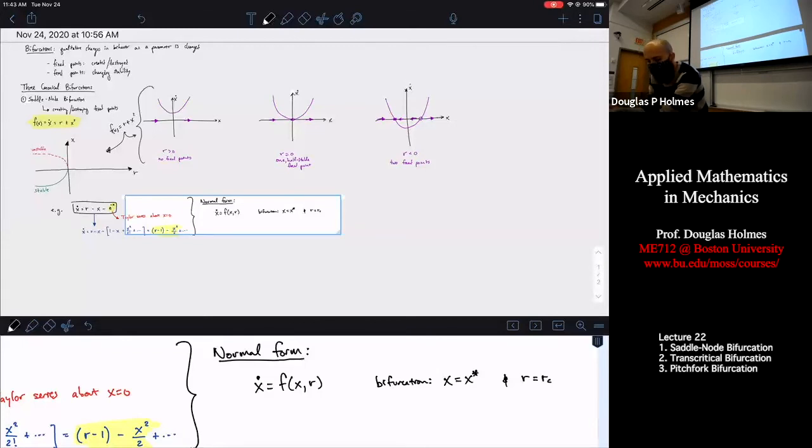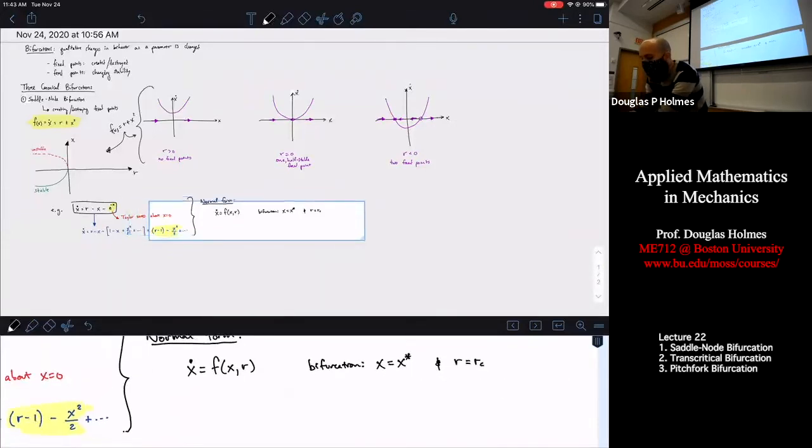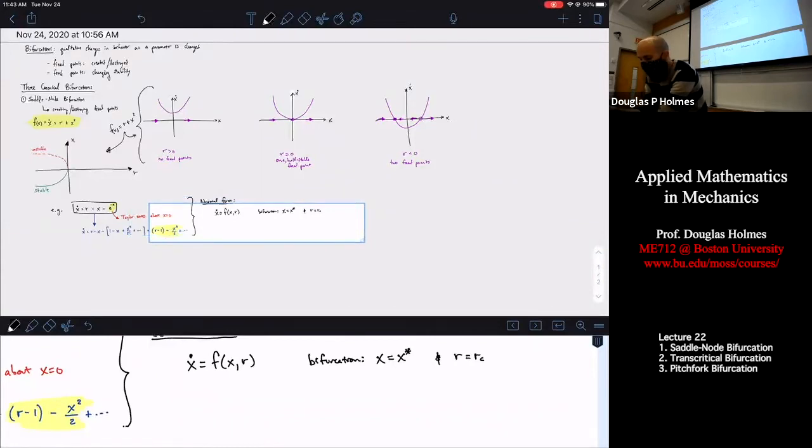And this idea of doing a Taylor series expansion of your function allows us to write down the generic form of this thing really quickly. What does that look like? Well, we can series expand f of x of r. And what you'll get is, if you're expanding around the fixed point, then your point that you're expanding around will be f of x of RC plus, this is just the Taylor series expansion. This is all I'm doing. I'm saying I'm going to do the Taylor series expansion about x star, so about the fixed point,